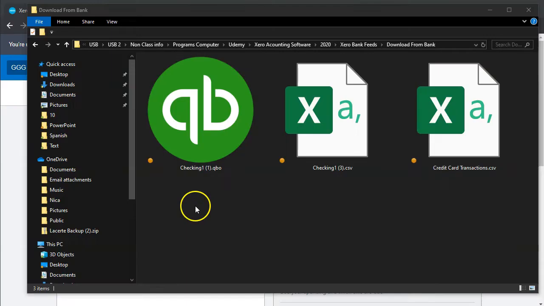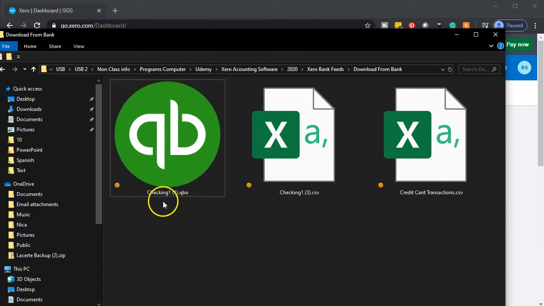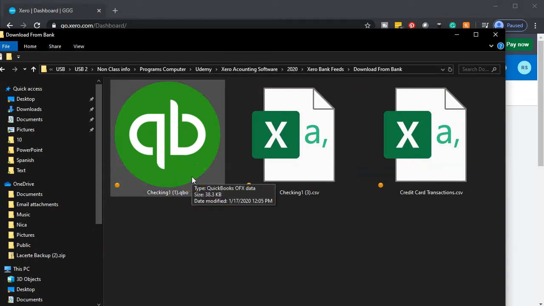It might actually be beneficial as well. So here's an example of the files. If you download a QuickBooks file, it's going to look something like this. It's got a .qbo type of extension. So if you open this up, you won't be able to manipulate or change any of the numbers, but it